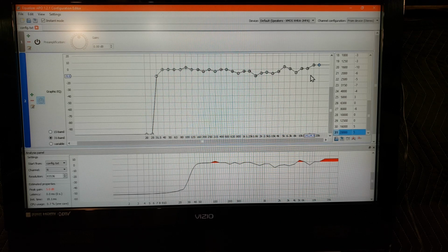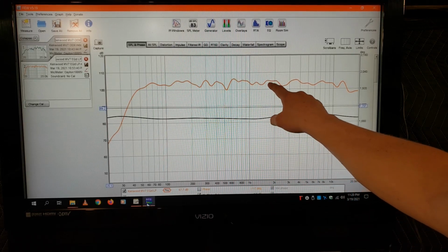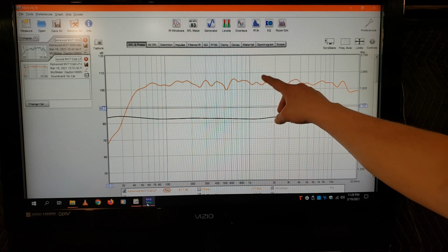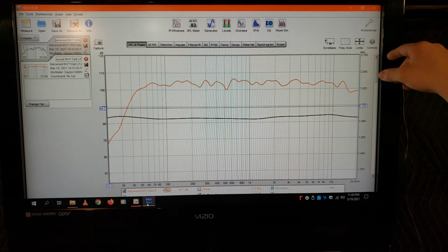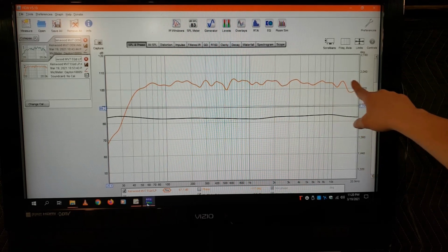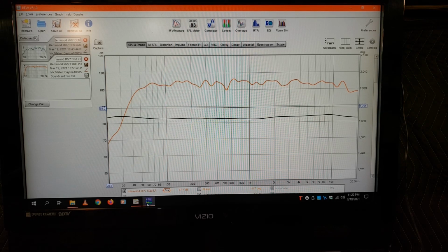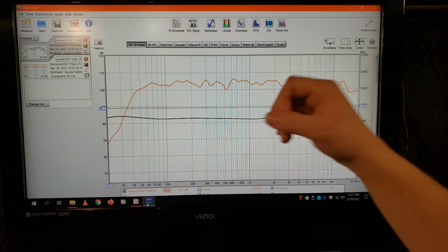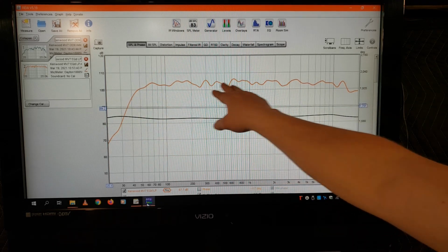I mean, you can, but like this 1.6 kilohertz, I had that big peak. I had to pull it down 10 dB just to even bring it down, and it flattened it out. I did -3, -6, and it was really fighting it. And then at -10, it chopped that sucker off. And then this really smoothed out. Once I got rid of this peak, the rest of it seemed to smooth out pretty easily. I could maybe try to push this up a little bit, but I felt this was a pretty good